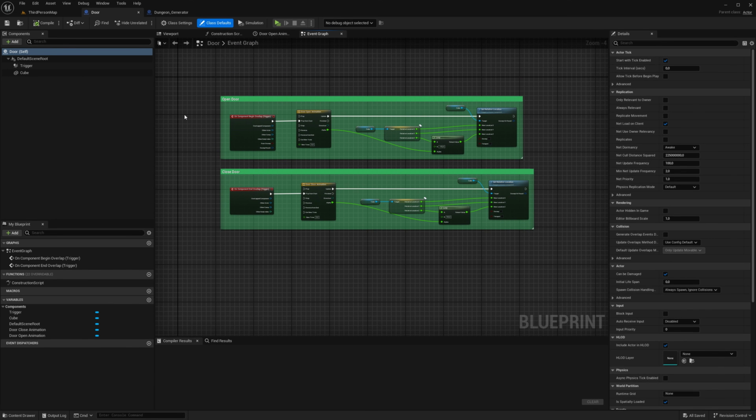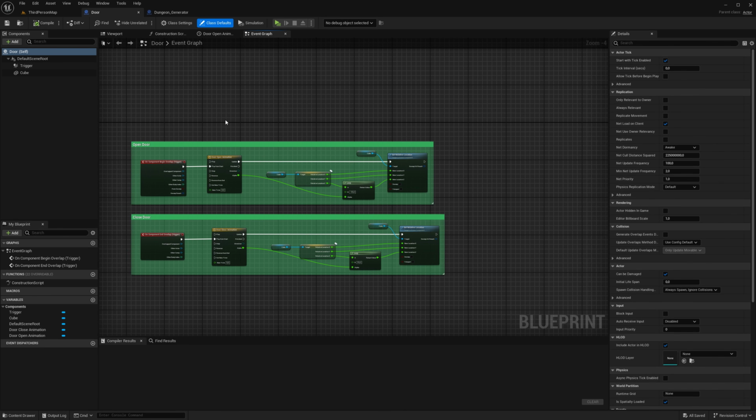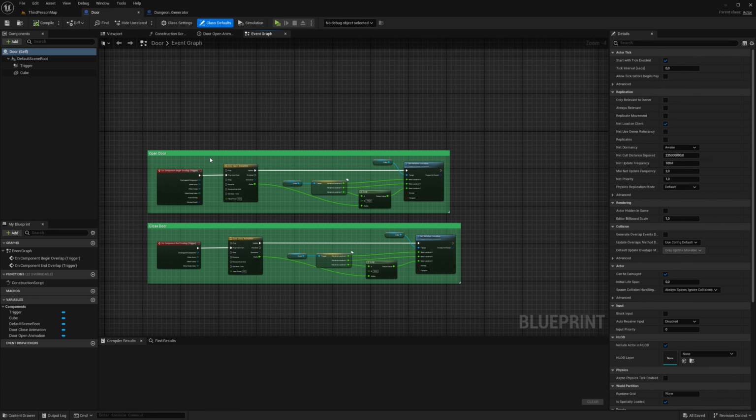To do some more stuff in this door, this is something I also use a lot for my games, is how to change material depending on different things. Like if you have a door, you might want the lights around the door to be red if the door is locked, when you unlock it, you want the lights to switch to blue, so you know this door is unlocked. And I think I want to show you how to do that. So in this case, once we open a door, we will unlock it and we will change the color, so we can see which doors we have been through and which ones we still haven't opened yet.